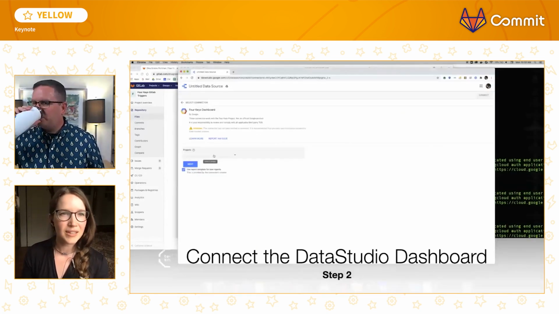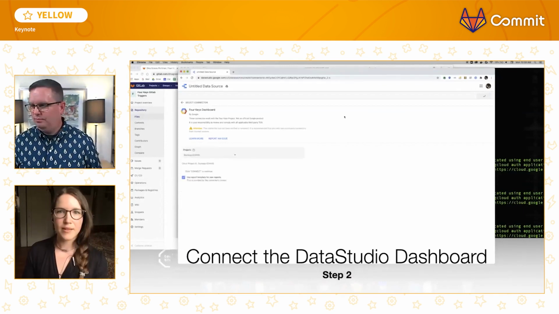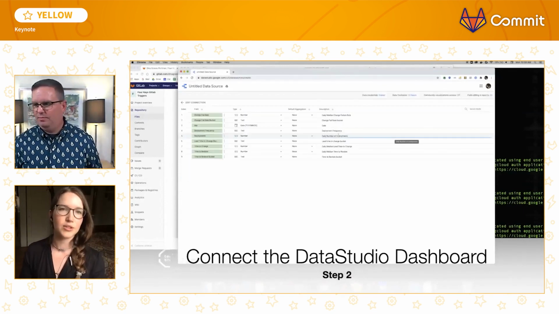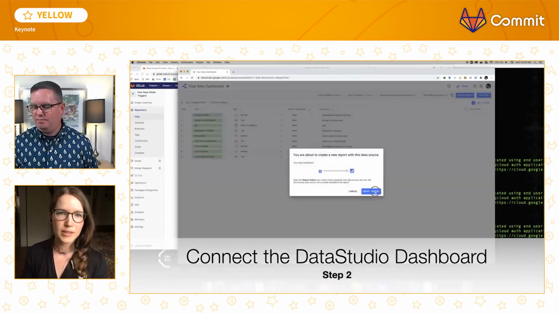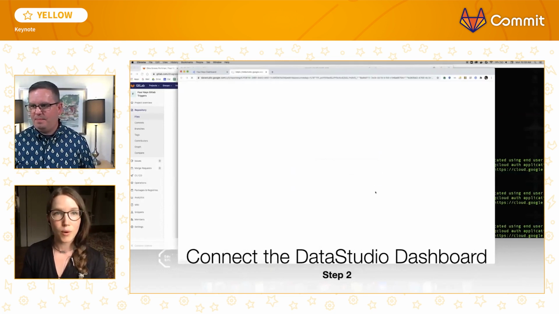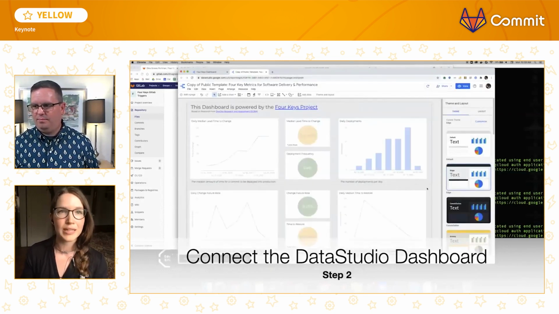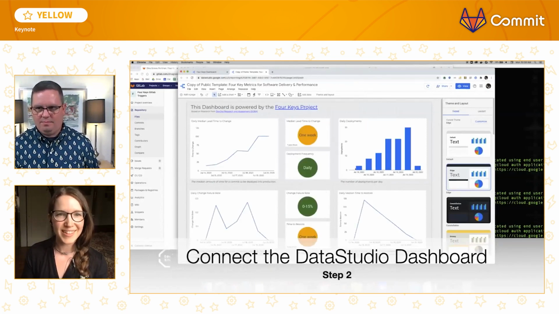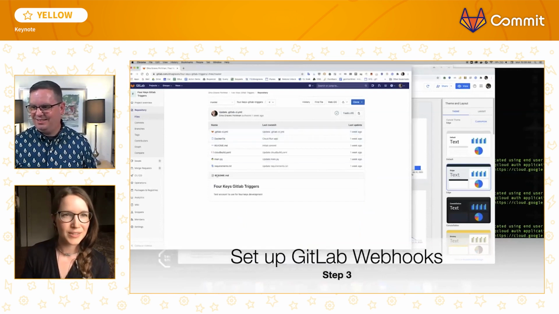And when that's done, this Data Studio connector pops up. You choose your project. Then once you click connect, it's going to show you a list of fields. Then you're going to click create report. And then it creates a report from the template that we have already created that displays the 4 key metrics. And there it is. And we look like a pretty decent, high-medium performing organization.